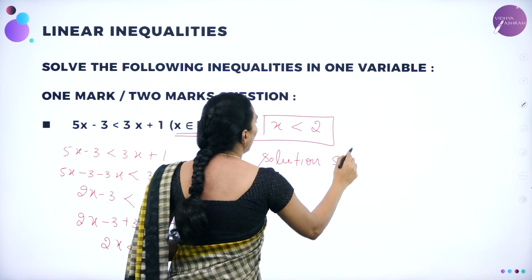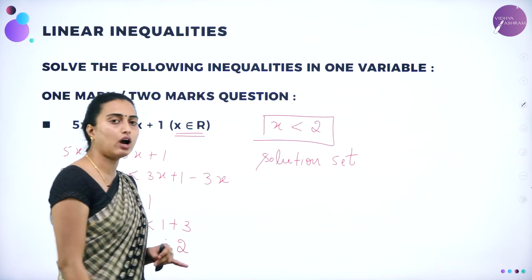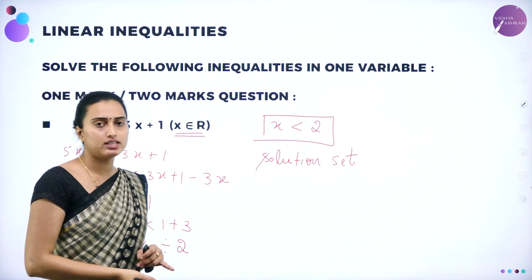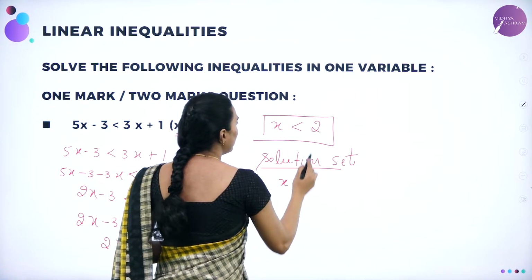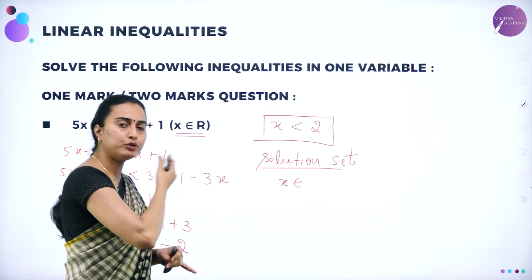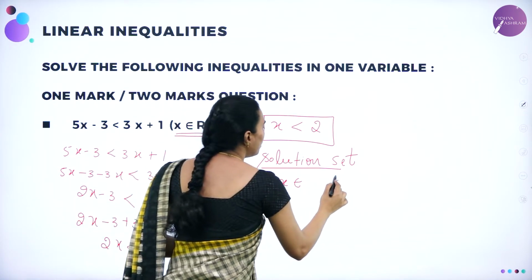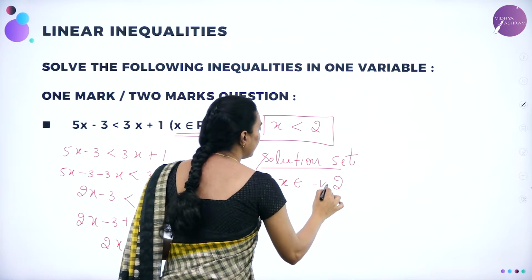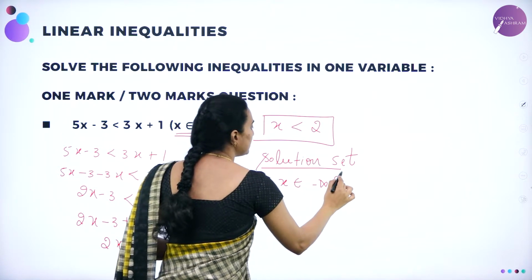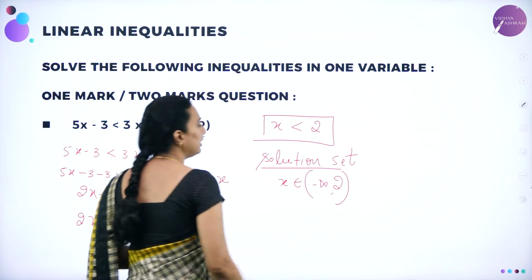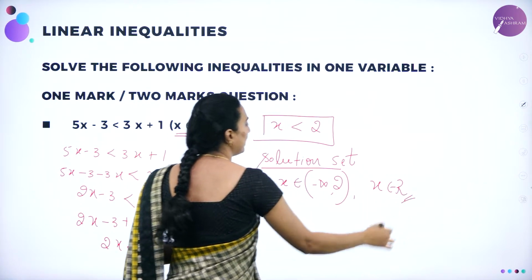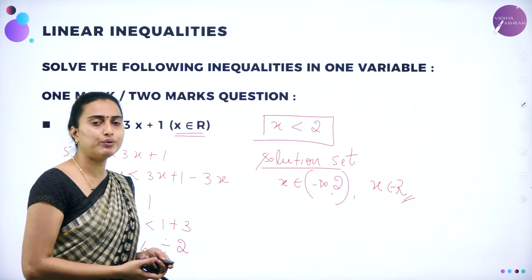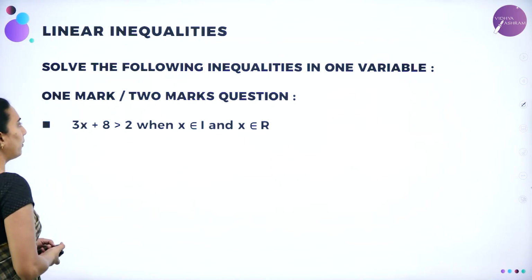even though they do not ask for the solution set, dears, after solving, it is better to write down the solution set. Now here the solution set is given by x belongs to, lesser than 2 means it will come to the left hand side. Left hand side means 2 will be here and minus infinity will be here. It is a lesser than symbol, 2 is excluded, minus infinity is also excluded. This is the solution set when x belongs to the real numbers they have given. I hope you got how to solve this. We'll move on to the next problem, dears.